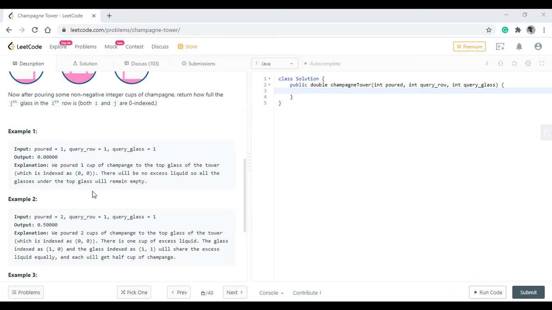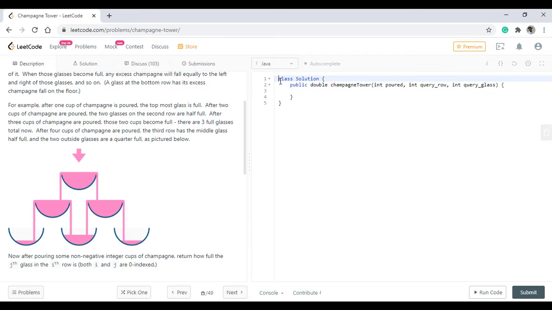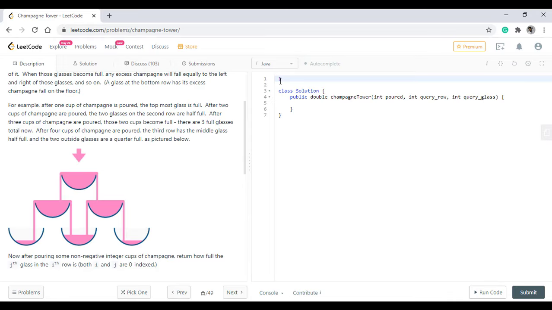So what is this question all about? Let us see what the fashion of the glasses will be. Initially there will be one glass at the top. Below that there will be two glasses like this.